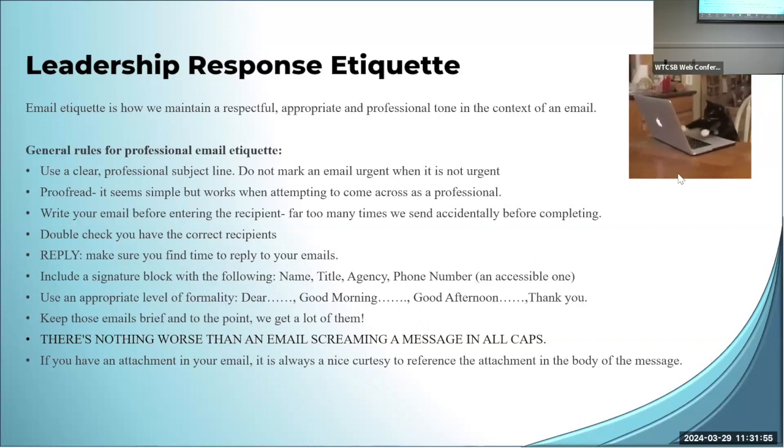I do have a rule, a genuine rule, that if I've gone back and forth with someone 3 times in an email and I don't understand what you're trying to say, or you don't understand me, we're going to pick up that phone. But I need a phone number. I do not want to have to go through the multi-factor authentication in Kronos to get a phone number. That might not be